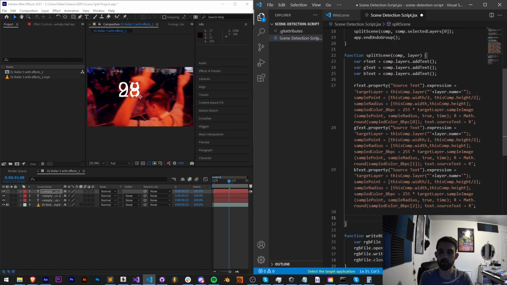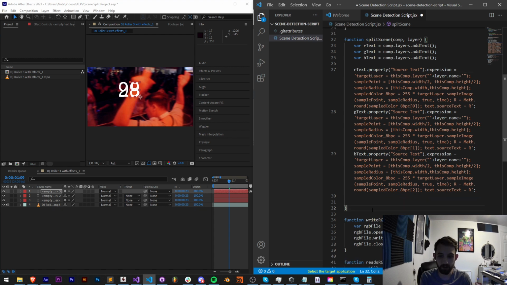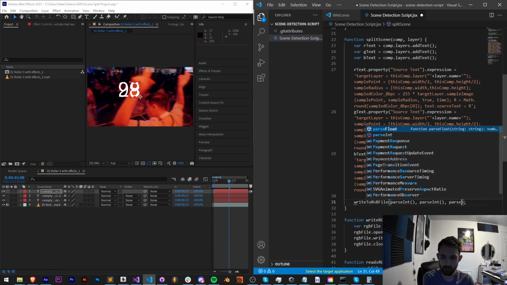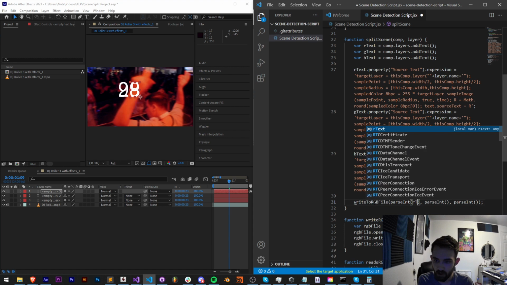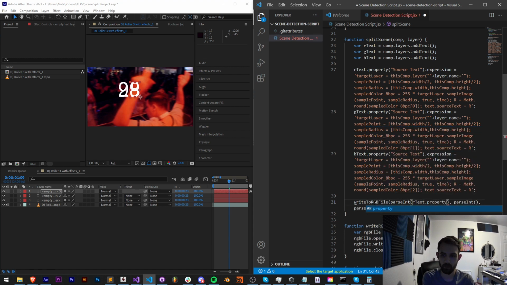Now to initialize, after we've set up these text layers, let's read their values so we can start off with a value. The first frame of our video is not going to be a scene change, so we can just store the value. So we'll go ahead and say write to RGB file. What do we want to write? We want to write R. So we want to say parseInt, parseInt, parseInt. Because we're reading from text layers, it's going to be text. We want to convert it to an integer. I'm going to say rtext.property source text.value,